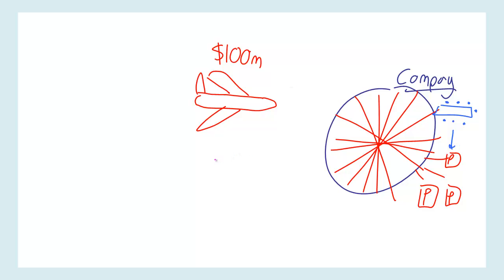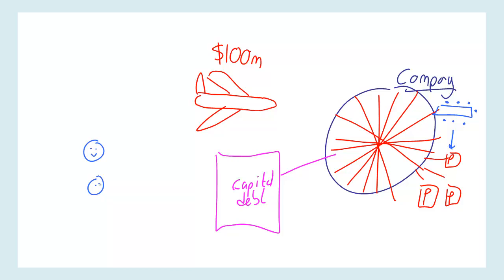What will then happen is the company will issue a bond, which will be a pool of capital debt, or at least they'll be asking the market to fill that bond up with some capital. And there'll be various people over here who say, yeah, that looks like a good deal. It's a well-run company. I think their idea for an airline is good. So let's say that's $100 million again. And they're going to sell it in $100 lumps, this debt.